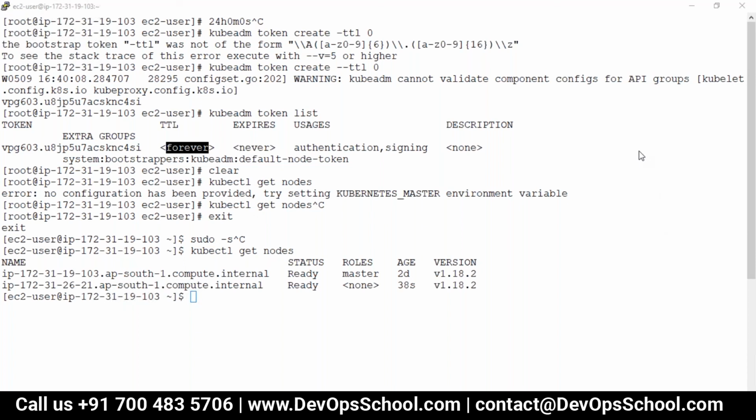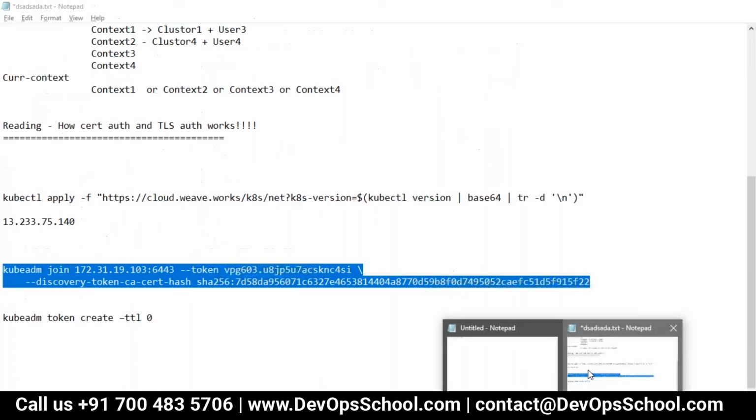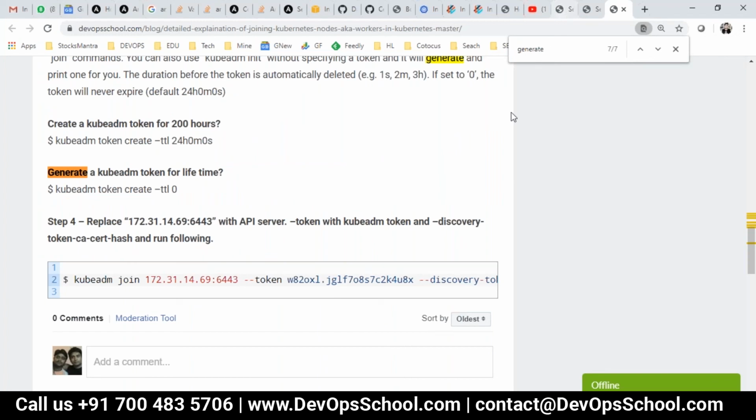Any questions, guys? Yeah, go ahead. Rajesh, normally when we're configuring a Kubernetes multi-node cluster, in the master machine we are doing a kubeadm init. In that time, we are using some commands, creating configuration files. After that, it gives a joining token. Using that token also we can integrate all the worker nodes to the Kubernetes master, right? So why are we generating this?